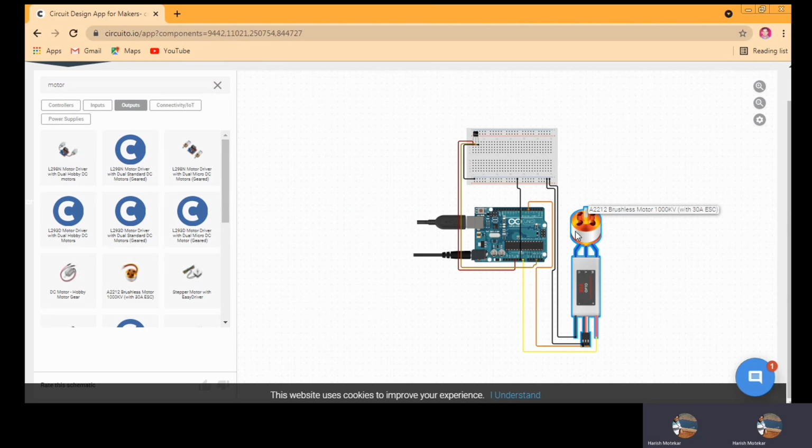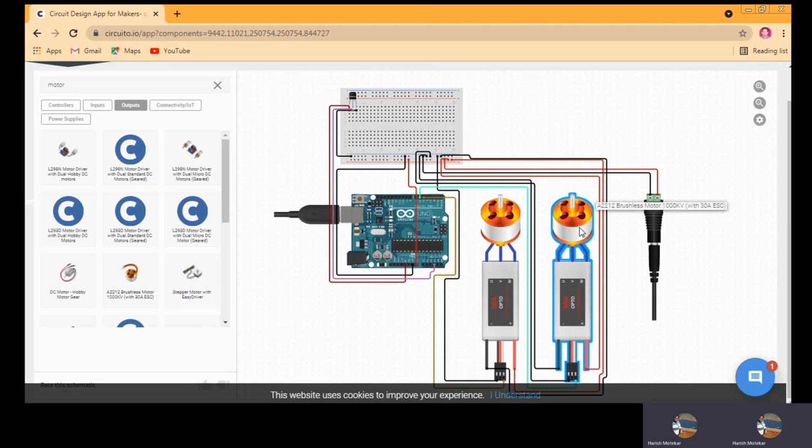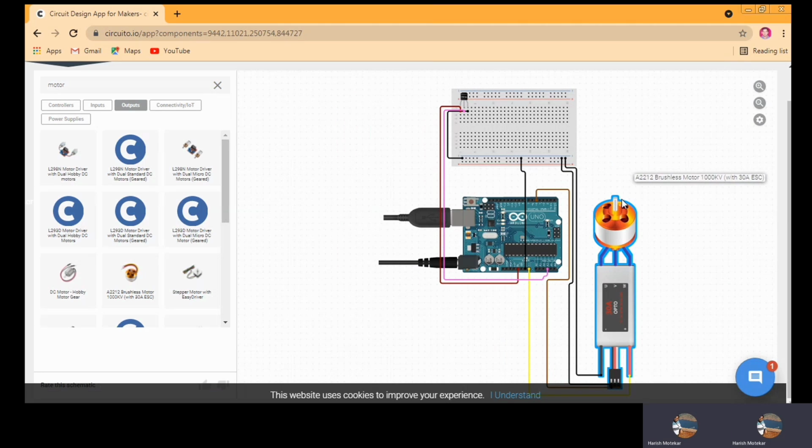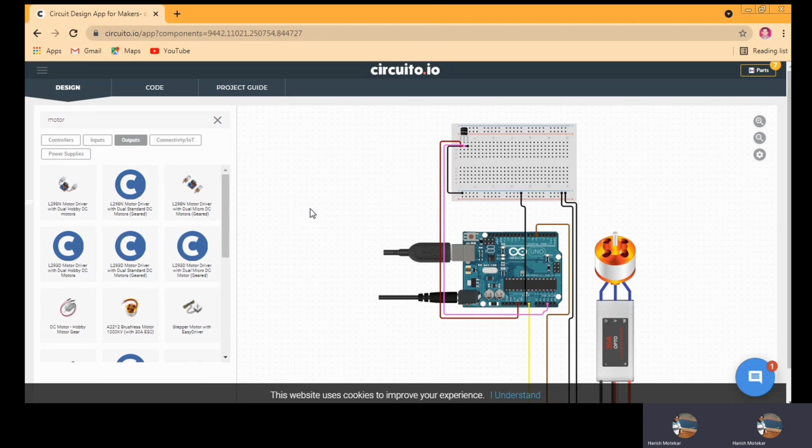Okay, if you want to use two fans, you just need to duplicate this, so it will use another fan. So once I duplicate, it is giving us this option. Okay, so whatever additional things are required, it is providing automatically. You can see that it is providing us these two fans and additional things whatever is required with this. Okay, so just like that, if you want to remove, you can remove it again. So this was about the designing part.